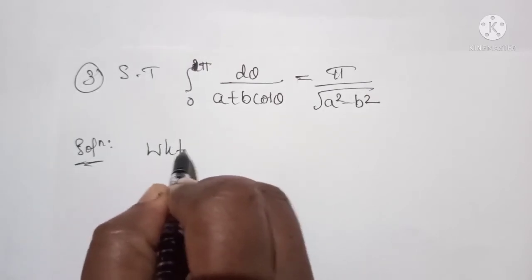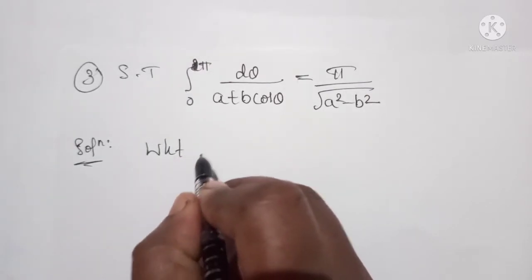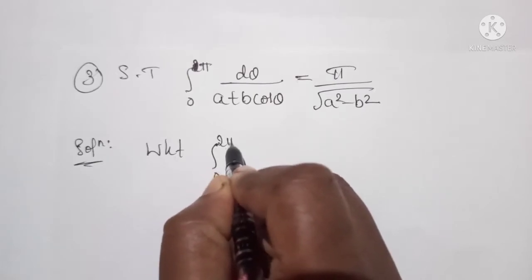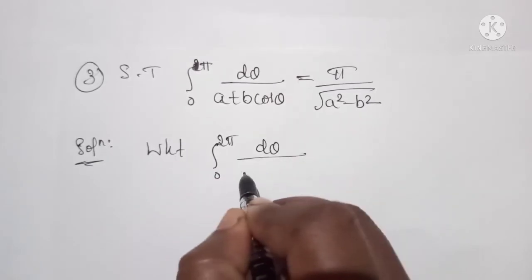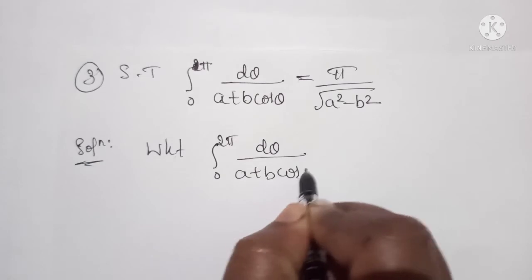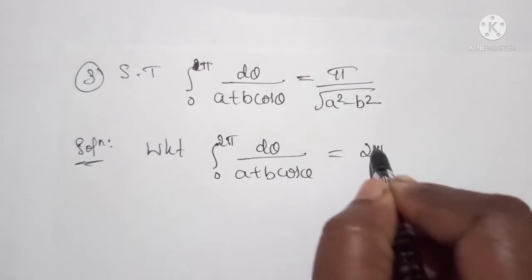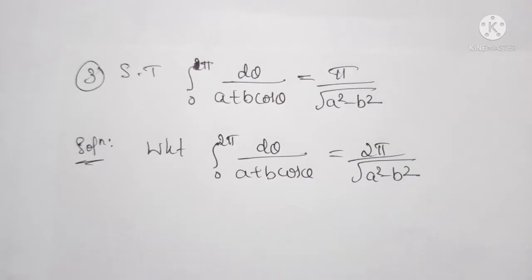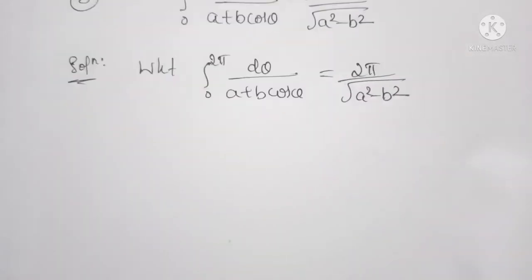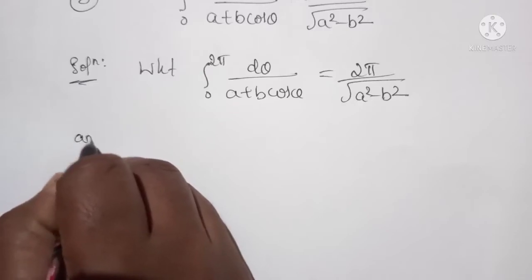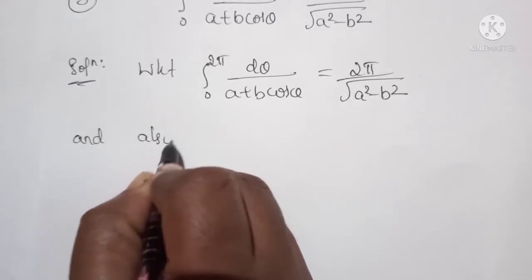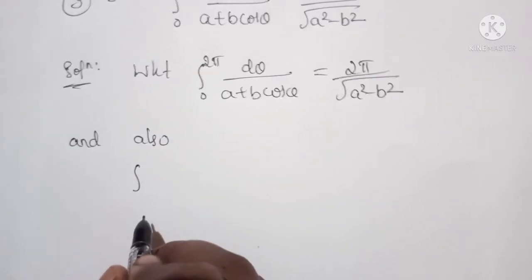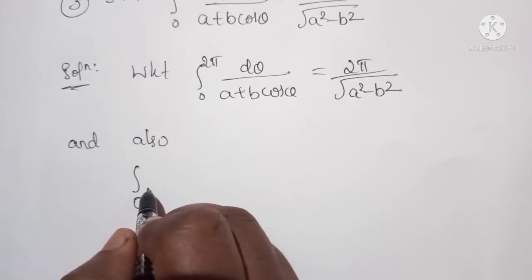So already we have proved this one, that is, we know that the integral from 0 to 2 pi of d theta by a plus b cos theta is given by 2 pi by square root of a square minus b square. Okay, and also by the properties of definite integral we have the integral from 0 to 2 pi,